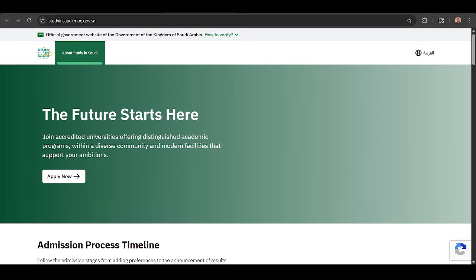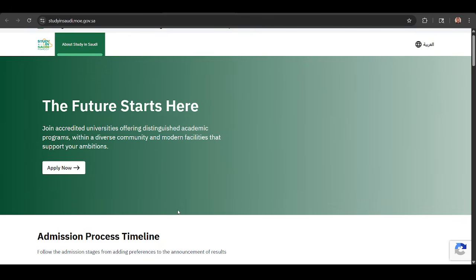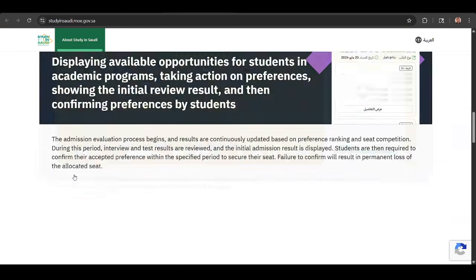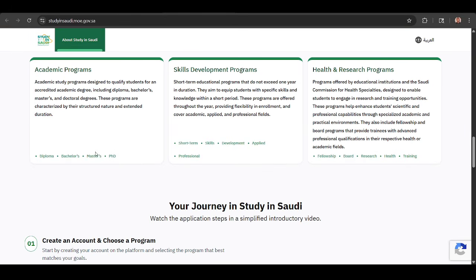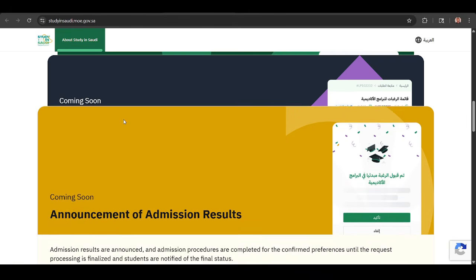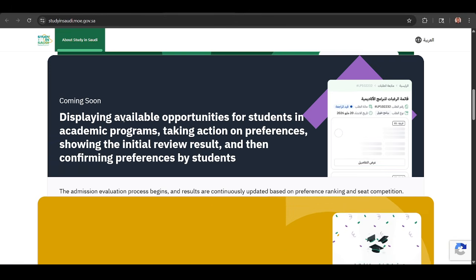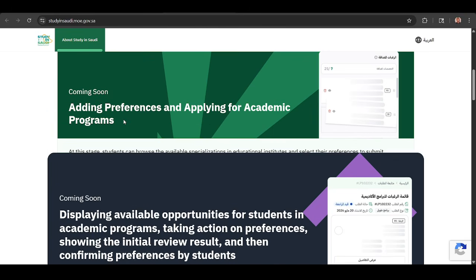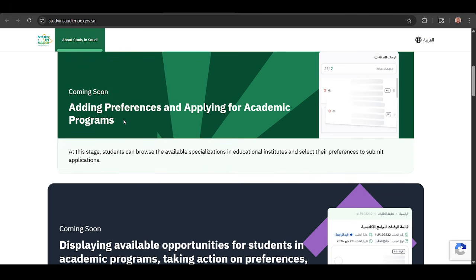When you want to apply for this scholarship, it will open on the 15th of this month, so you should get your documents ready and get all your translations ready with you. First of all, when you come to the portal, you have to click on apply. Currently you can't apply because the application is not yet open and you can't create an account because it is not fully functioning, but on the 15th hopefully it will be open.